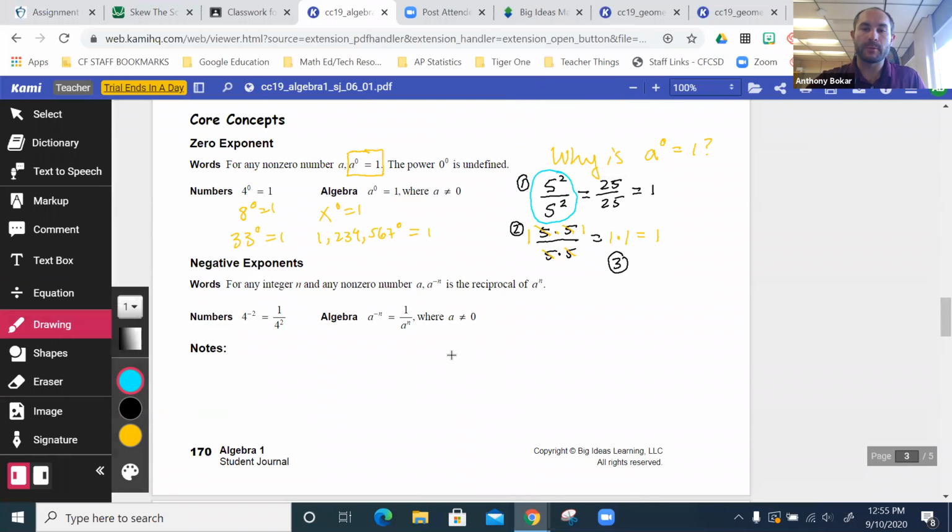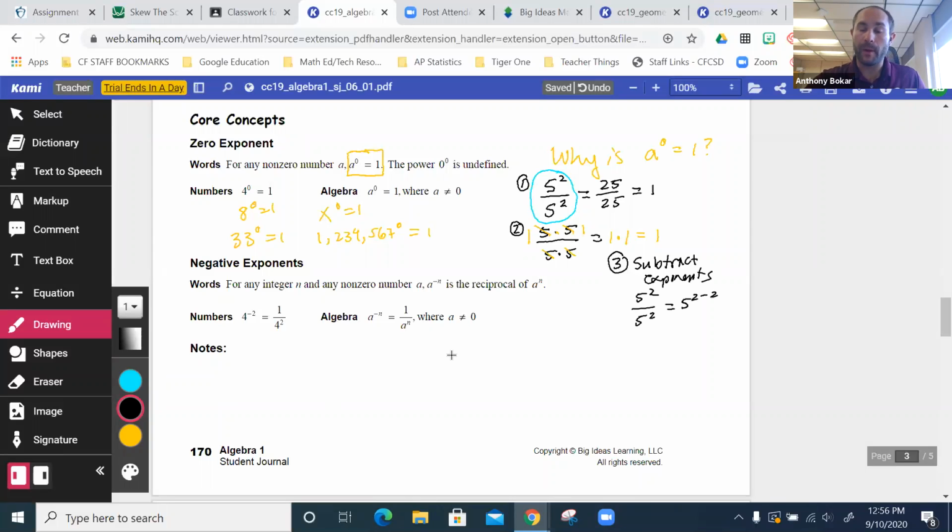What happens when you subtract the exponents? 5 squared divided by 5 squared is supposed to be equal to 5 to the 2